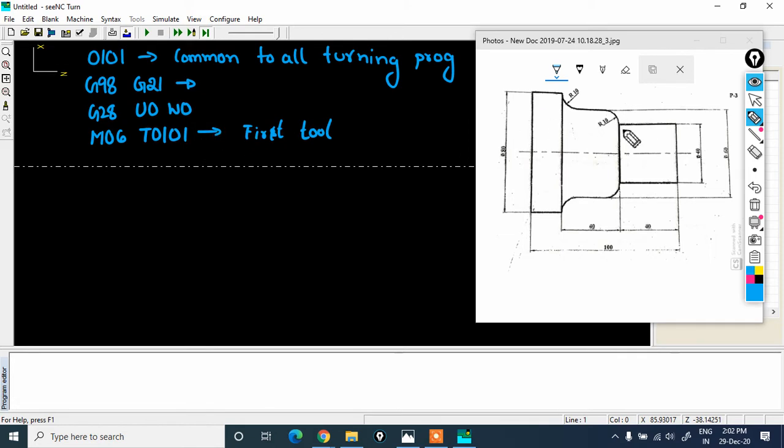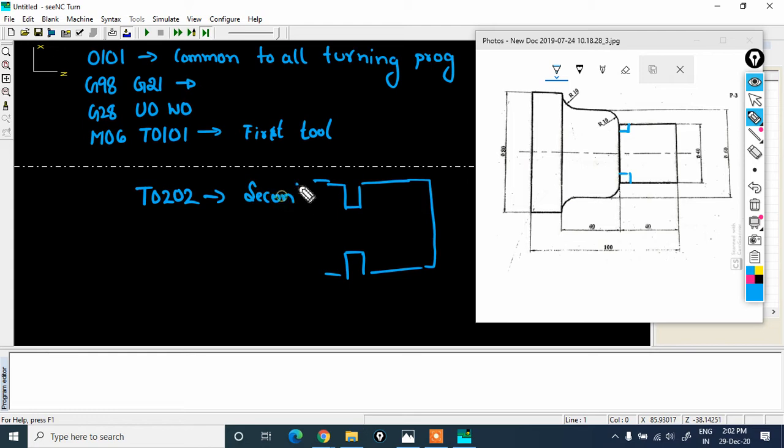For example, if I want to do a grooving, I need an external groove tool, which will be a second tool, with the notation T0202.